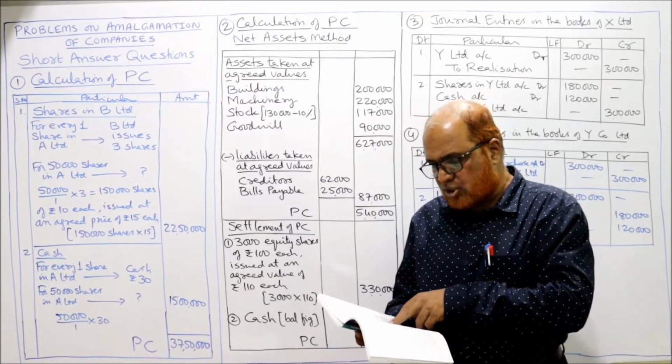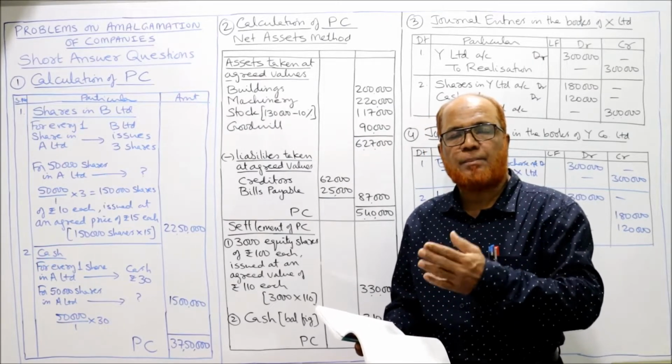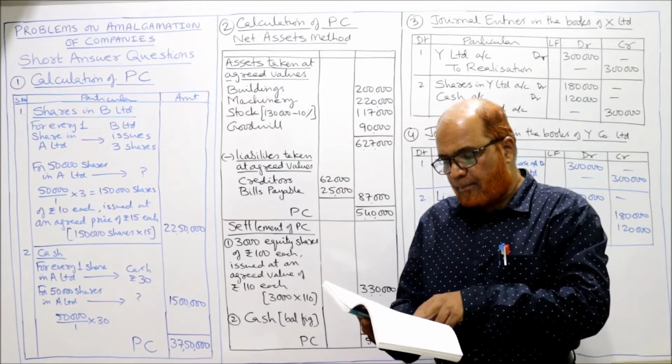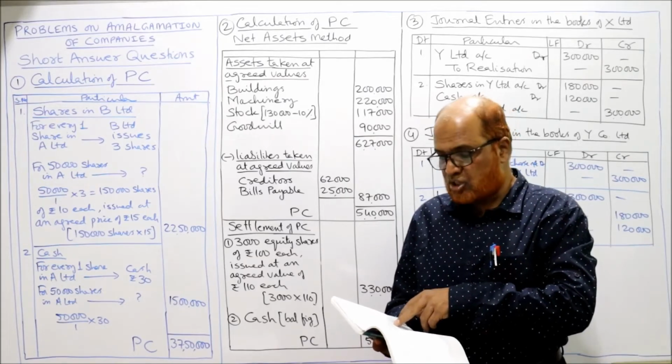Y Company Limited agrees to take over the business of X Company on the following terms. Now Y Company is the purchasing company. They are taking over the business of X Company. On what terms? Building and machinery are taken over at their book values. Whatever balance sheet values, building and